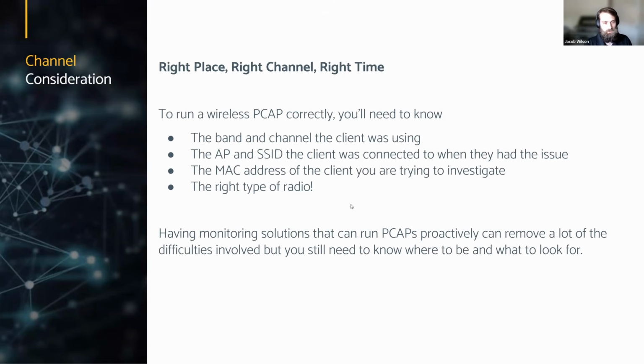If you're doing captures the manual way with a laptop, or even with one of your APs put in monitor mode, you have to have all this data ahead of time. So it's a bit of a challenge. Now, a segue: we do have YBot. We have sensors, and our sensors are built for this challenge because they're a proactive monitoring tool. You deploy the sensors strategically,